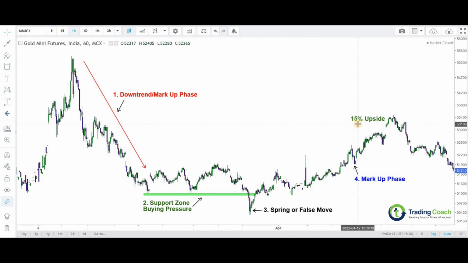All right. So that being said, I don't want to give you only the positive image of this particular accumulation phase. Sometimes what happens is, the prices will go right below the support zone. It will just break through the support zone, and it may even continue to go further to the downside. So sometimes the setup may not hold very well, but on a probability basis, it's really a good setup to capture some decent upside movement.